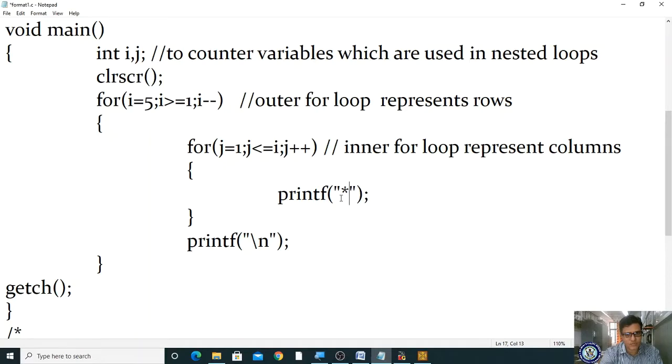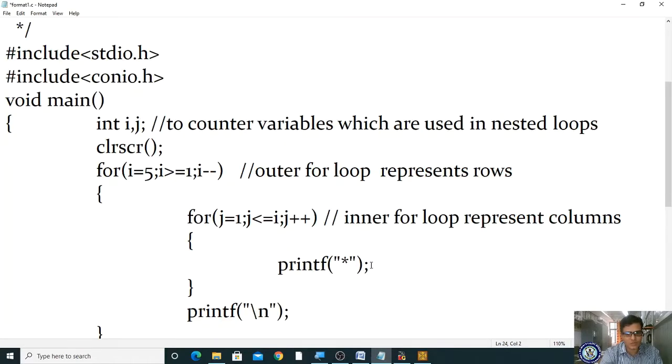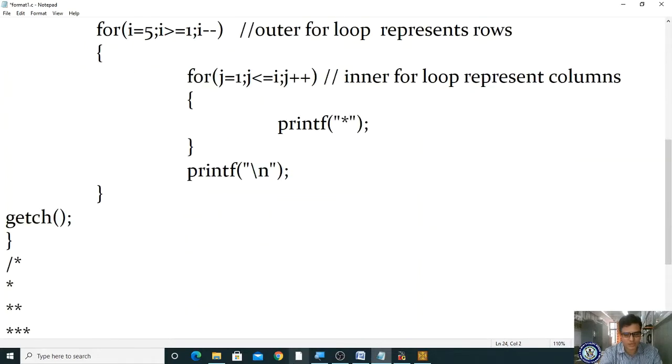So what will it print? Star. So the first star I have printed. Next, where will the control come? To j increment. Now what is the new value of j? It becomes 2. 2 less than or equal to 5, condition true. So once again a star will be printed here, right? Yes. Once again, where will the control go?